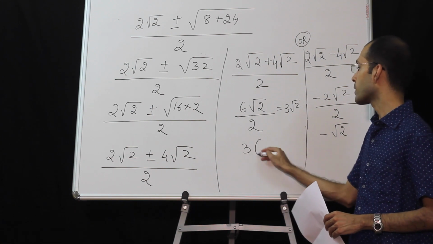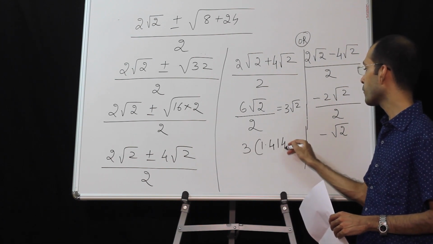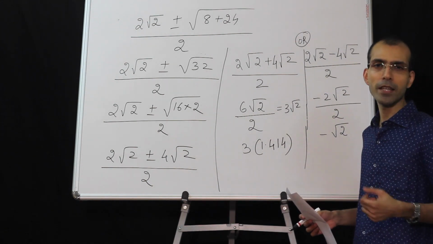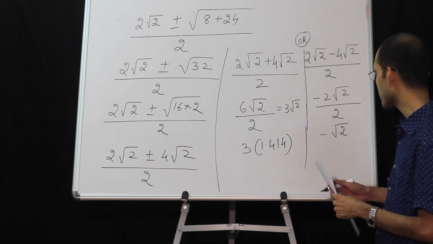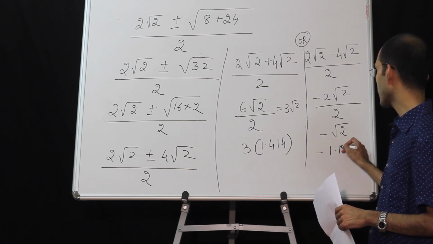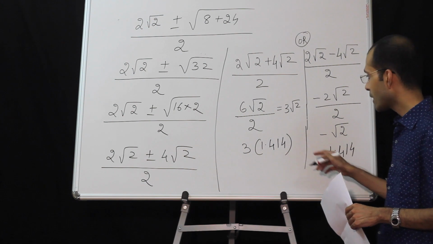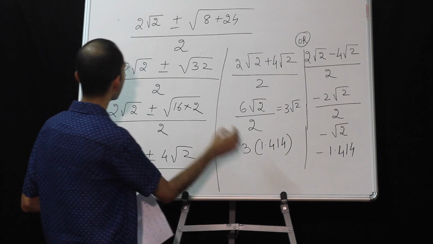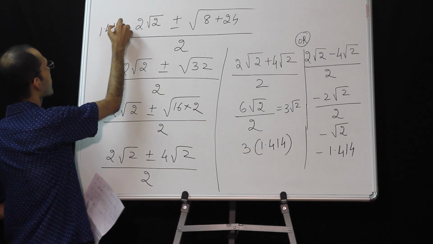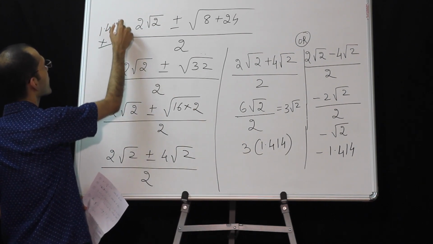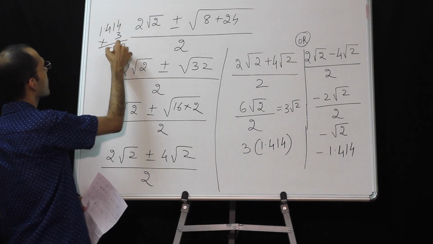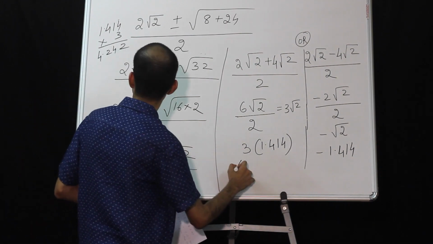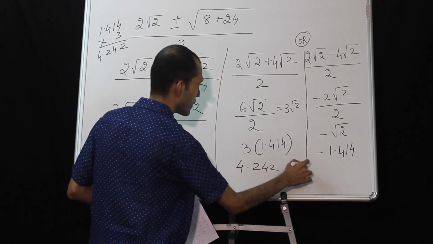Now substitute 3 into 1.414. Square root of 2 is 1.414. We have it by heart, or you can use the Miller and Paul table, powers and factorials page. And here it is minus 1.414 nicely. How much is 1.414 into 3? Let us multiply and see. 1.414 into 3. 3 4s are 12. 3 4s are 12. 4.242. 4.242 minus